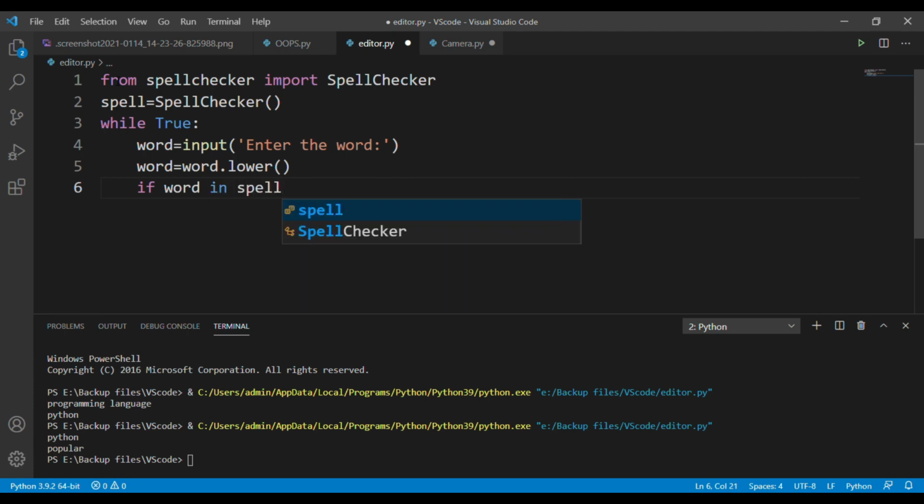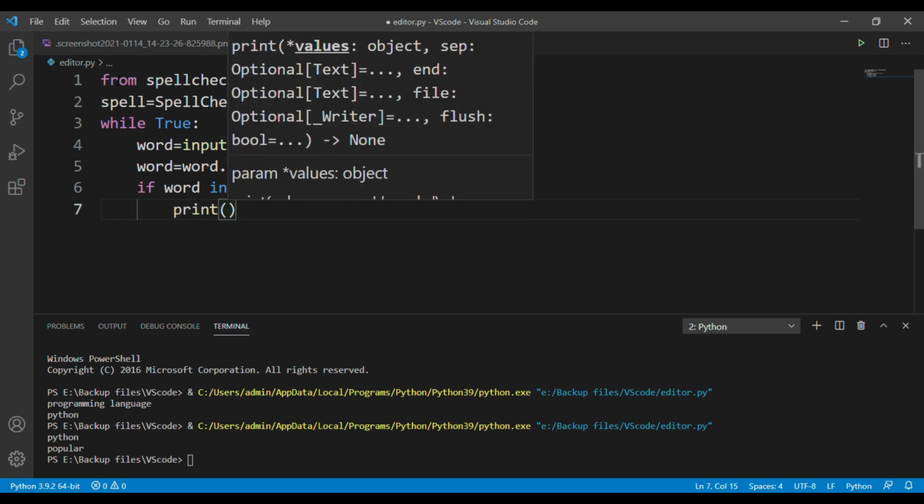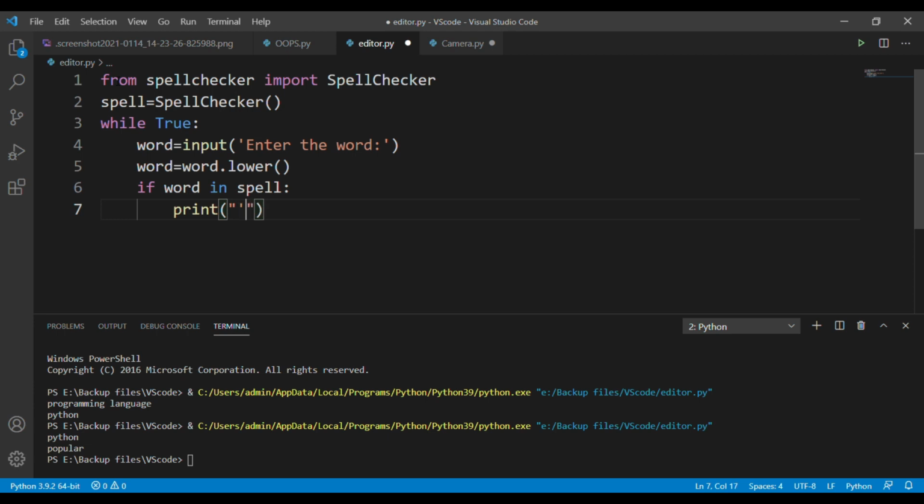This condition explains that if the word is actually present in the spell checker instance, then it will print that the word is spelled correctly. This is the first condition. Before starting the next condition, you need to understand one thing: here we call the instance spell checker. Actually, this is a dictionary. Simply, it holds a large number of words. Suppose you type any misspelled word, if it is not in the spell checker dictionary, it will correct it. So this is the important thing that you should know about this library. The first condition explains if the word is present in the spell checker dictionary, it will print that it is spelled correctly.